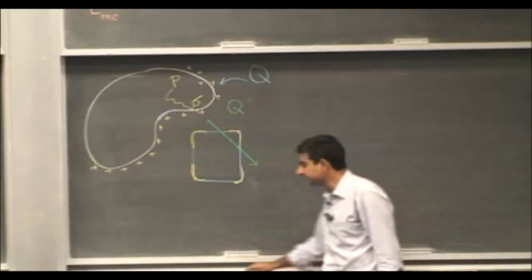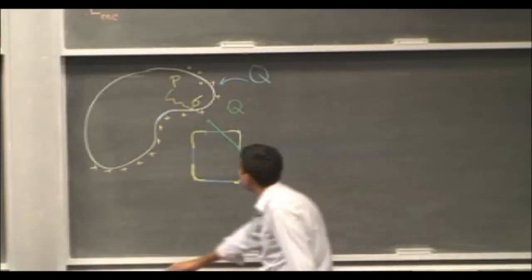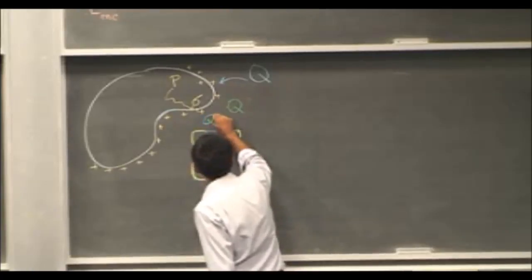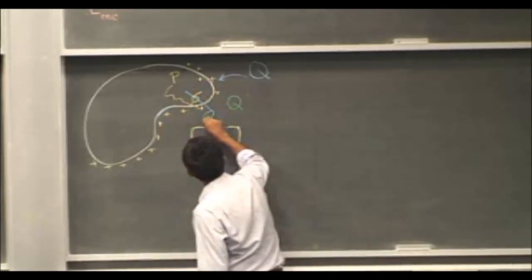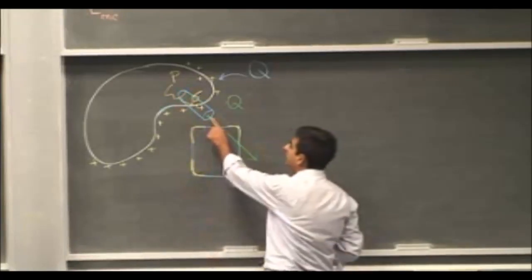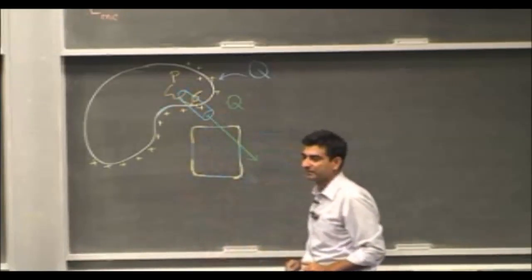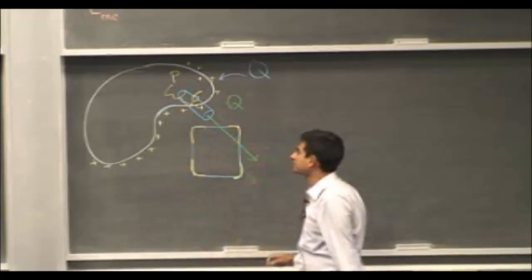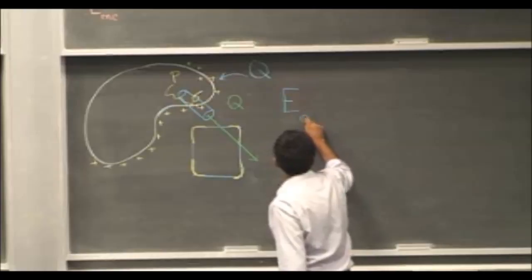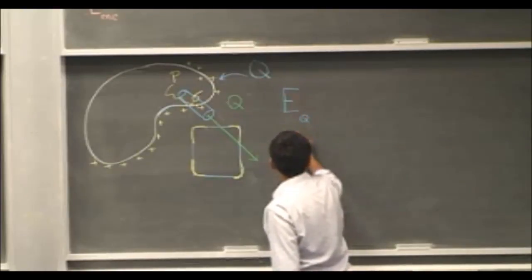And I can draw a Gaussian surface. Once again I can draw a cylinder whose end cap is here. The cylinder pierces this volume. The other end cap is inside the volume. And remember, I am close to the surface. Once again, if I apply Gauss's law, the electric field at point Q, just outside the conductor, remember, just outside the conductor,